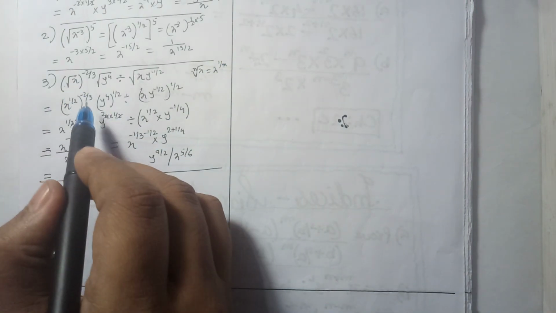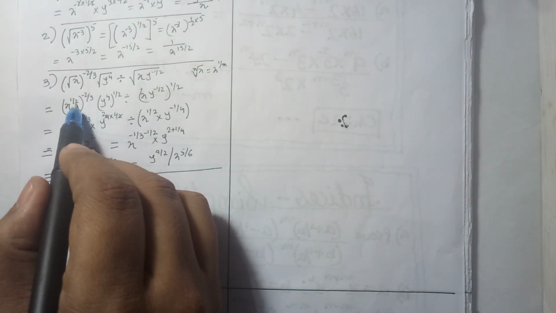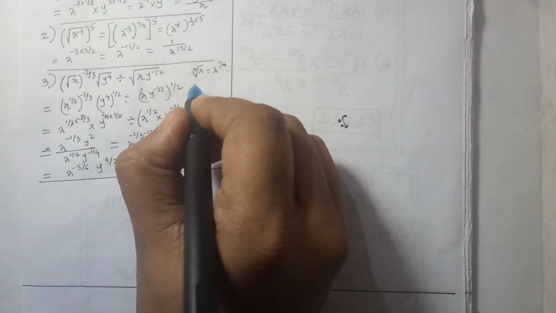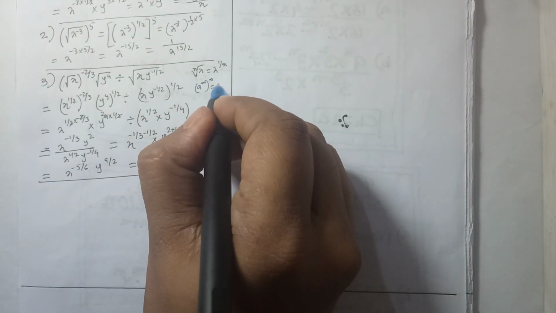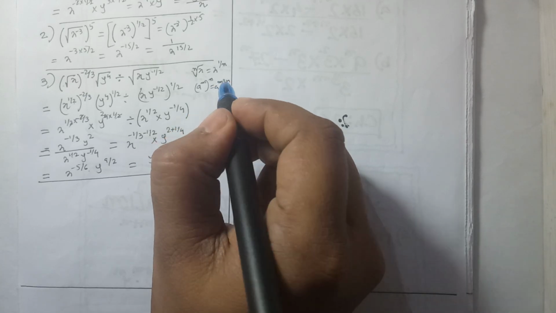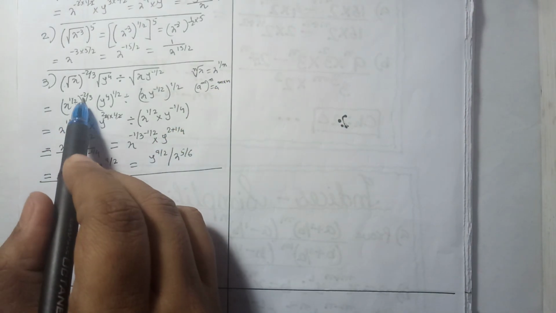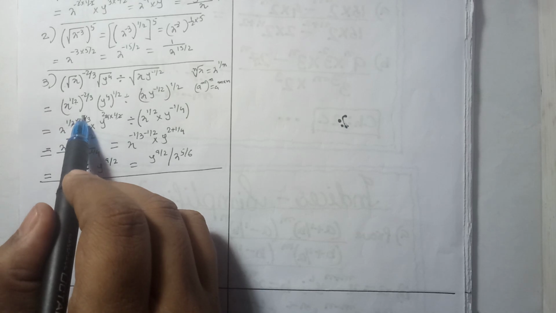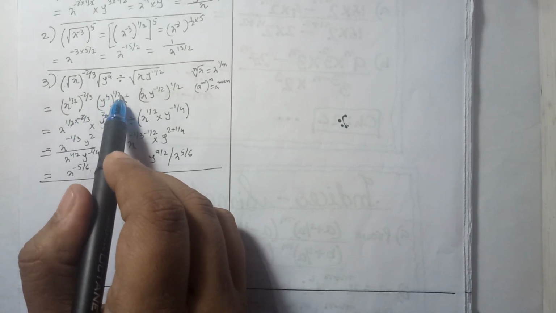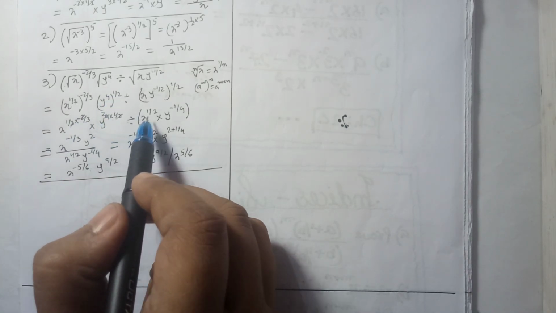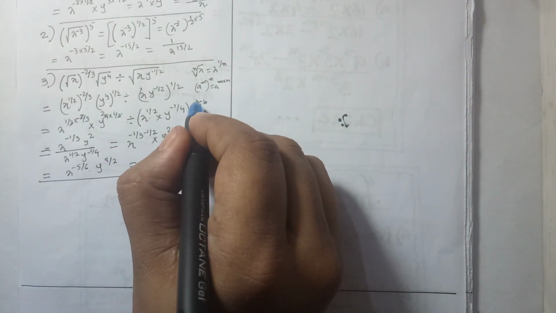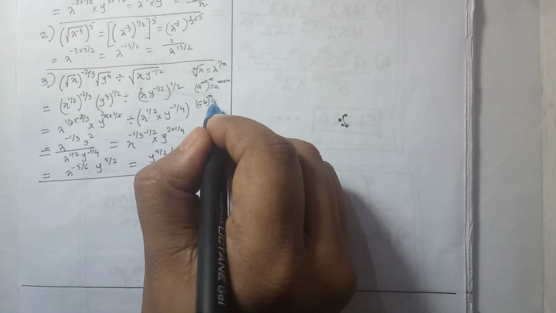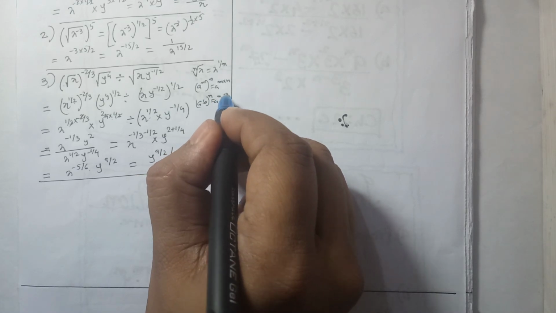Square root of x is x to the power of half. Then power: a to the power of m to the power of n is a to the power of m into n. So x to the power of half to the power of this, half into minus 2 by 3. This to the power of half is this. Divide by, which property did I apply here? a b to the power of n is a to the power of n, b to the power of n,